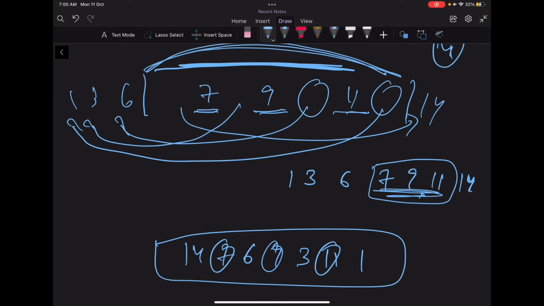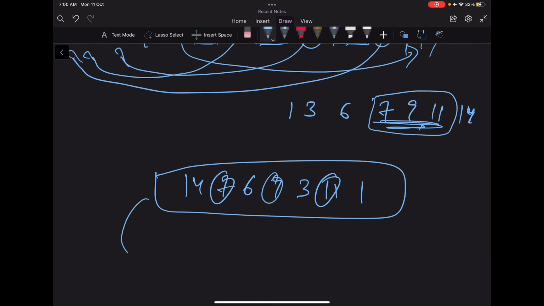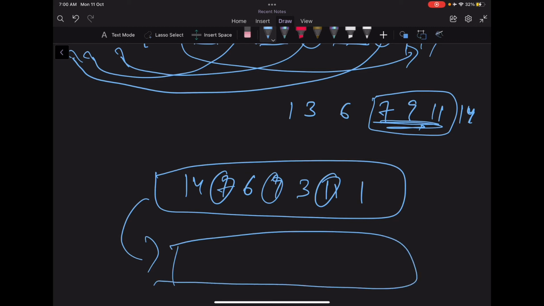So how do we find such a subsequence of the maximum length? The brute force approach is to first of all sort the array, right? Store it in another array so that we know what the order is when the array is sorted, and then try to find all the subsequences of this array.